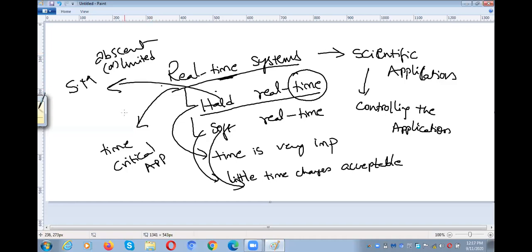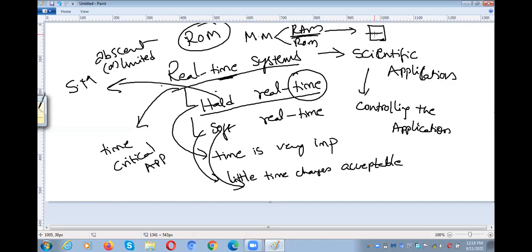That is the thing. Ma'am, if it is absent, then where can we store all the programs and everything? Data is stored in the short-term memory. There is a short-term memory called ROM. The main memory is divided into two types. One is RAM and the second one is ROM. RAM means main memory, where the operating system and all the user programs are available. That is called RAM. There is one more main memory that is called ROM. ROM means read-only memory.